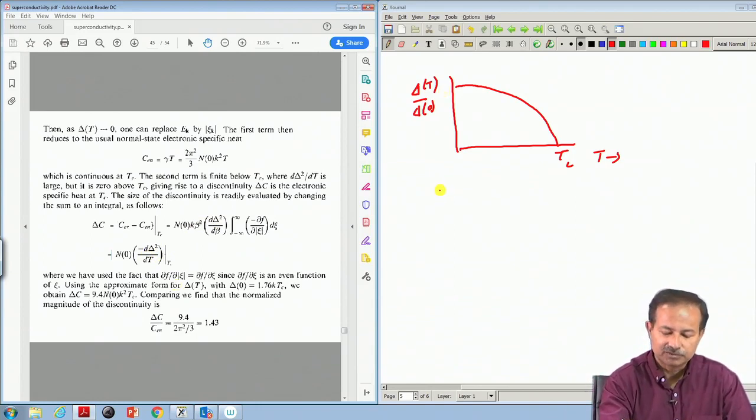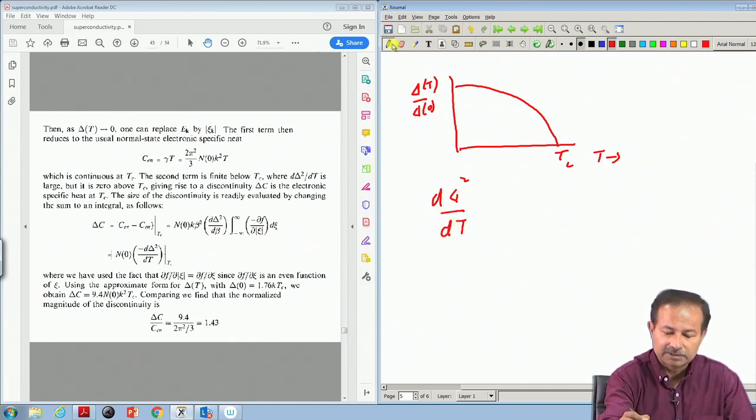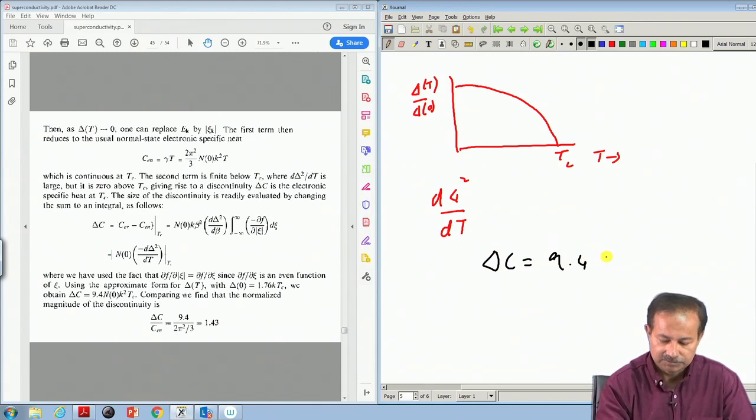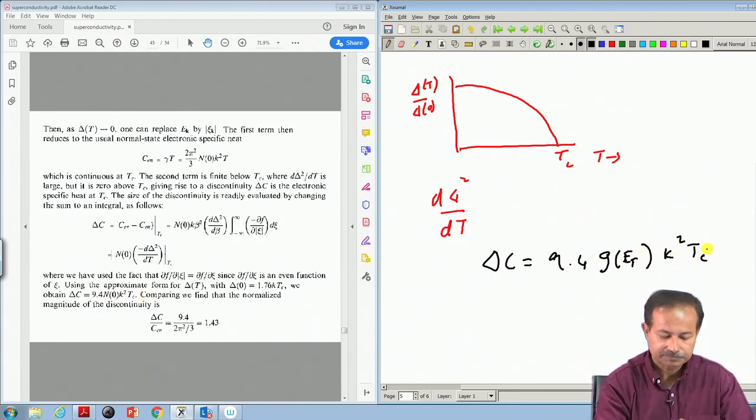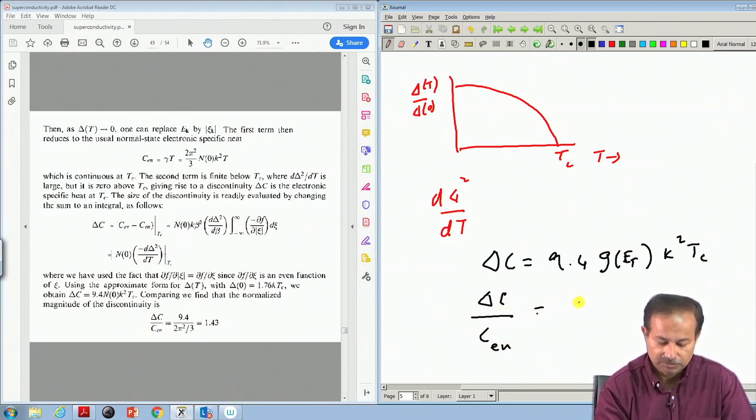From here you have to calculate d delta square by dT, and that calculation is simple, and that is what gives this delta C equal to 9.4. In our original notation it is g of E f, here they call it n of 0 k square T c, and this then is delta C by C E n. You can take the ratio, it is 1.43,